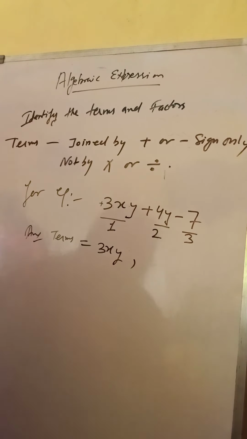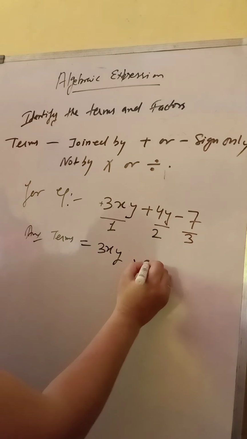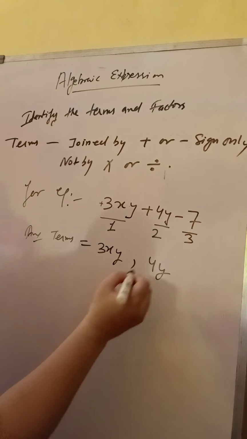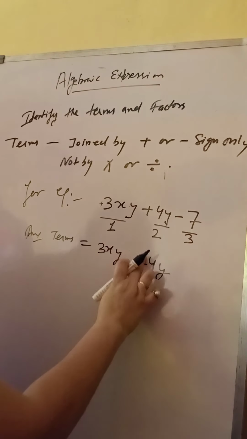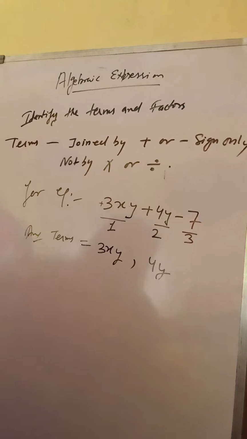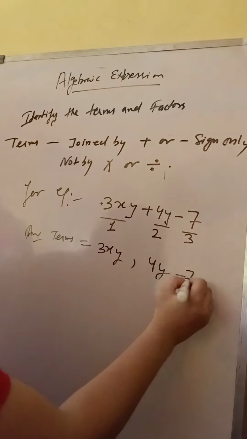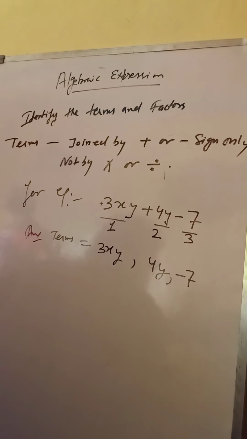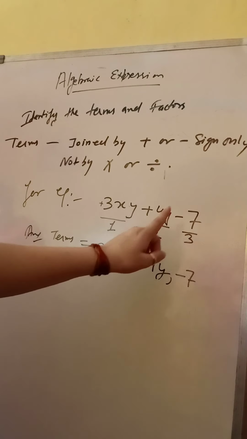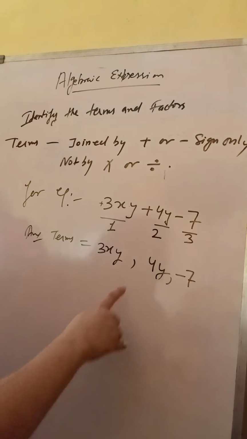Now mark a comma, then you write the second term, that is also a plus term, so you will write only 4y, not plus 4y. If you write plus 4y, that is no problem, but it is understood that it is a positive term if you are not writing the plus sign. Then the last term is with minus, so you have to write minus 7, with the sign, because it is very important to show minus. The term is negative. So the first term is 3xy, the second term is 4y, the third term is minus 7. You have to write a comma between them.